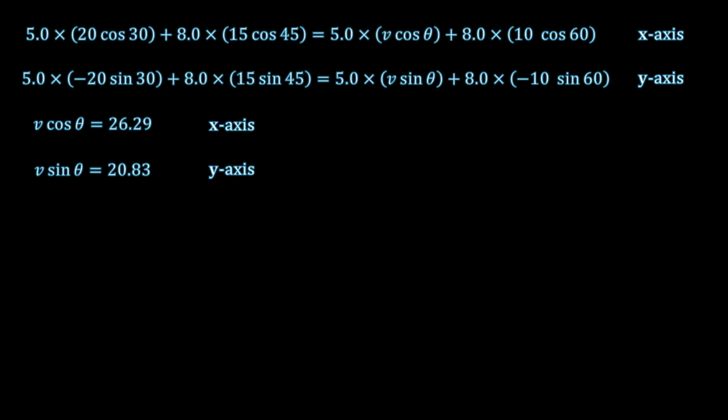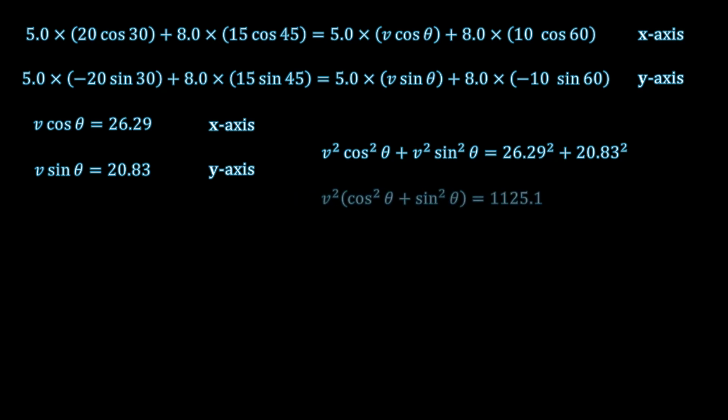To obtain v, we square both equations and we add them. So you'll have v squared cos squared theta plus v squared sine squared theta equals 26.29 squared plus 20.83 squared. If you take v squared out, you end up with cos squared theta plus sine squared theta in brackets equals